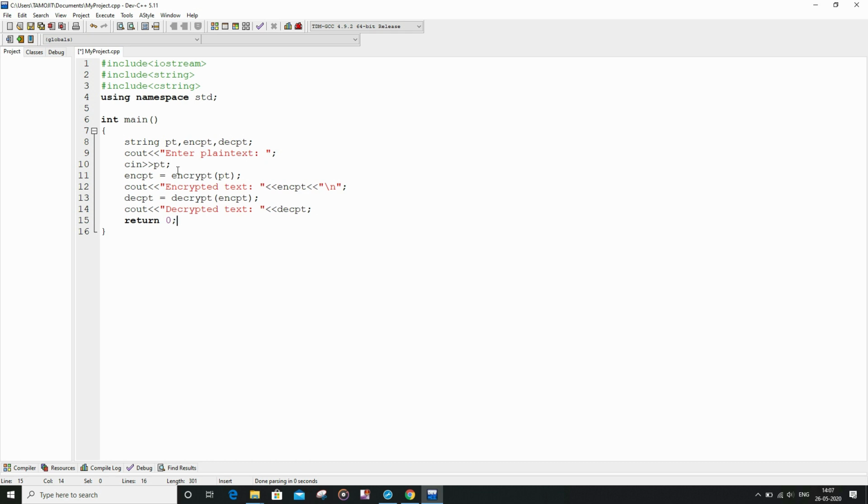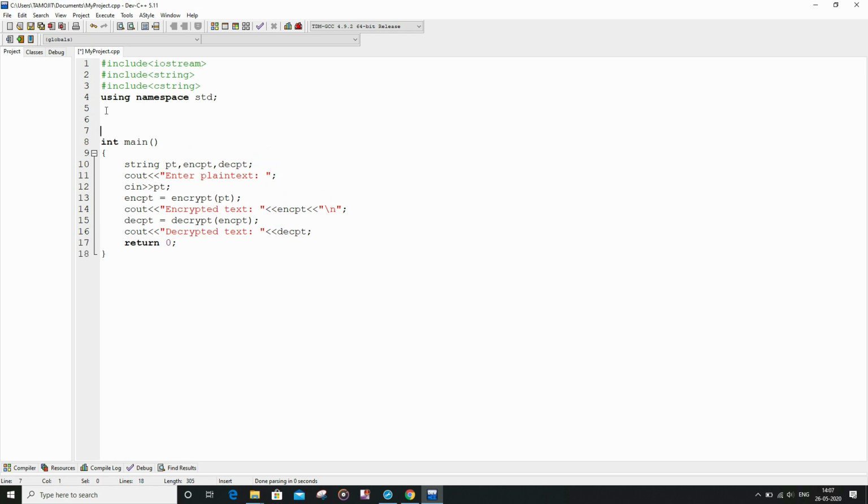And now let us write the encrypt function. So it would be of type string, and after that write the name of the function, that is encrypt, and pass plain text as the formal argument.